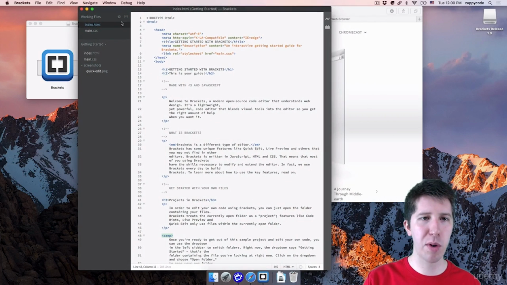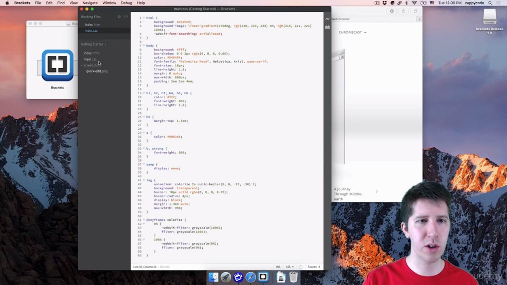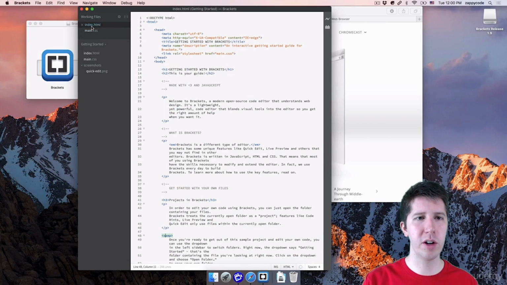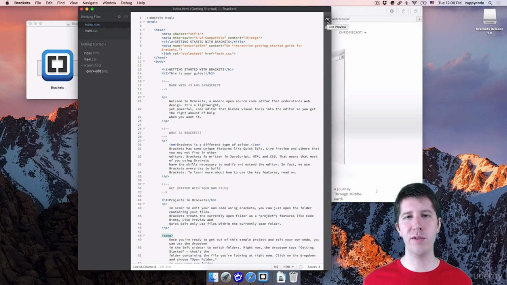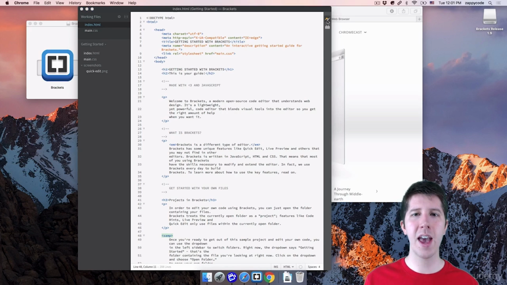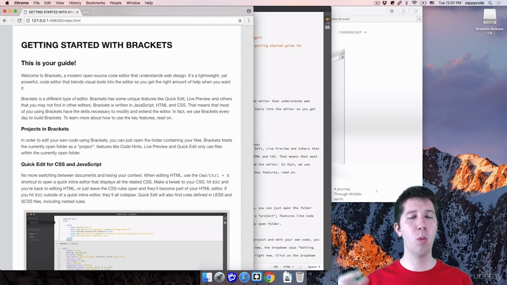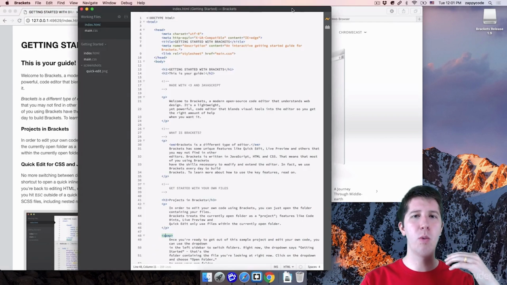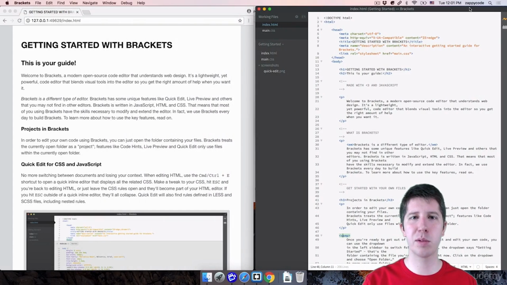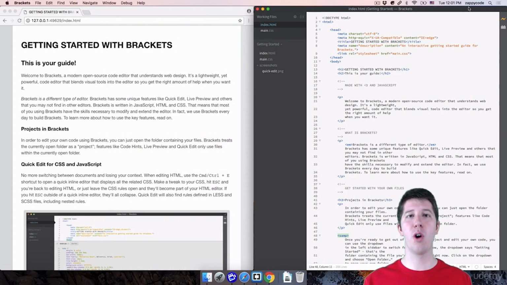So once you have this Brackets code open, make sure you've got index.html selected over here. You can click on different files to see what they look like, but make sure you have this index.html. Then go ahead and hit this little lightning bolt over here. This is called the live preview. So you've got to have Google Chrome installed for this to work, but once you have Chrome installed, go ahead and click on this live preview. And basically what happens is that Brackets goes ahead and starts a little web server and runs this website code that it has here, and it has it displayed inside of a Chrome web browser.